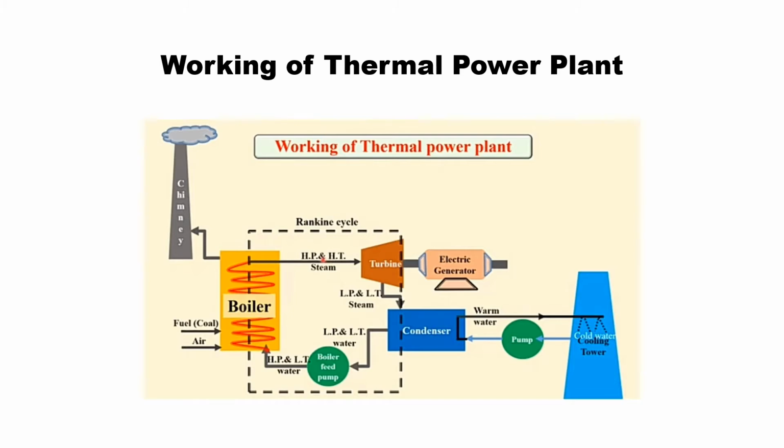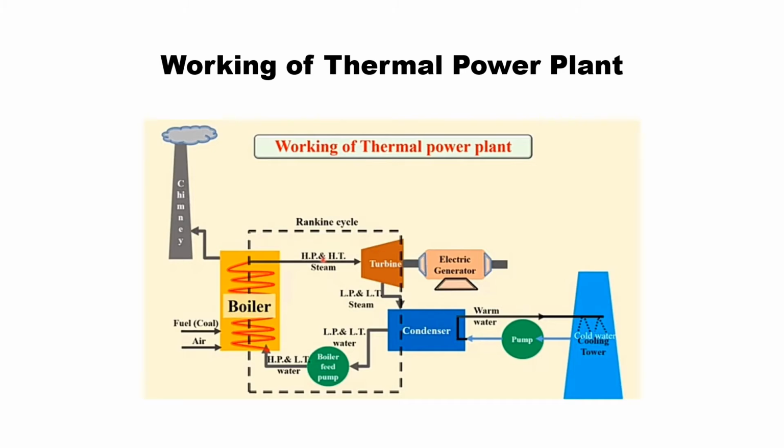There will be hot gases generated by the combustion chamber. So in the boiler there is a combustion chamber in which fuel will be burned. In a thermal power plant we use coal as a fuel, and by using coal we generate heat. Inside the boiler, for burning purposes, we use powdered coal, and burning of coal requires air or oxygen, and the coal will be burned and generate high heat inside the boiler.